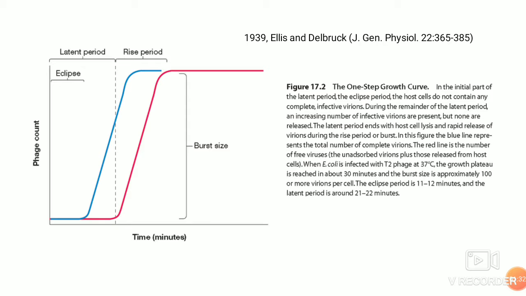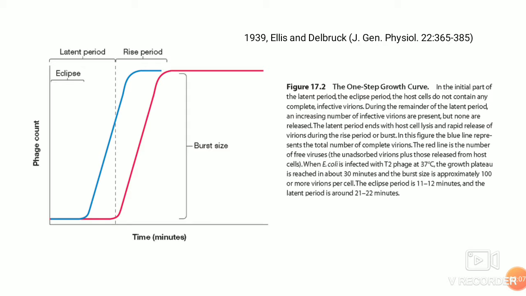intervals by plaque assay. If you plot the bacteriophage released from the host versus time, it shows several distinct phases. Here you can see a graph over time. This is a plaque assay done over time, and the titer of the plaque at different time points is seen. In this plot you can see distinct regions.